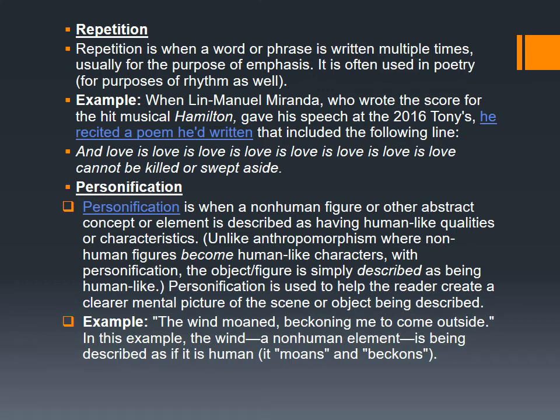For an example, the wind moaned. Mourning is being done by humans. It's not done by the winds or anything else. Right? So, beckoning me to come outside. In this example, the wind, a non-human element. So what's the non-human element here? The wind. So is the wind described as if it's human? It moans and beckons. Alright, so as you can see, what I said, I think it might be clear for